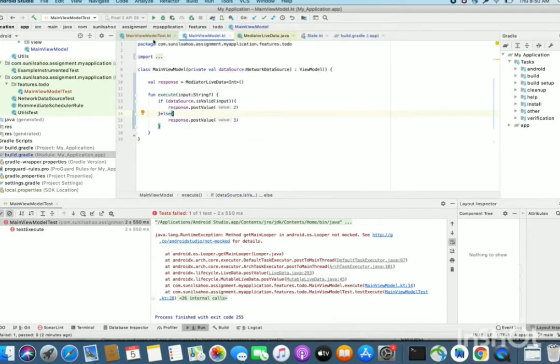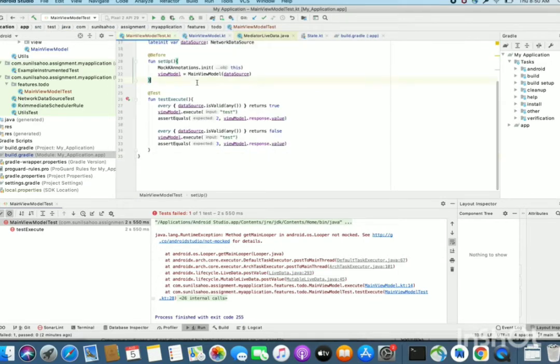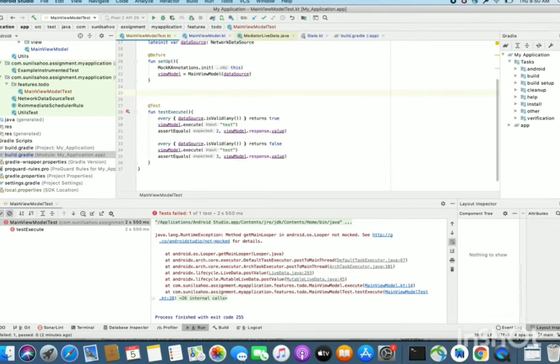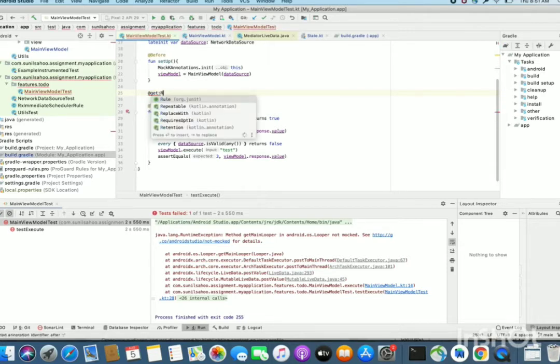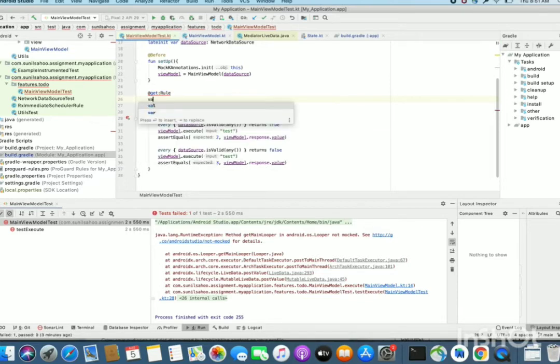Now let's go to this view model. Android has given one rule. Yeah, rule. You can write any name.